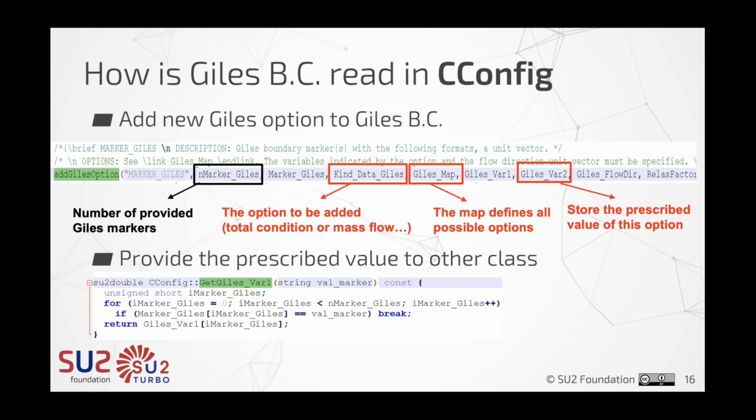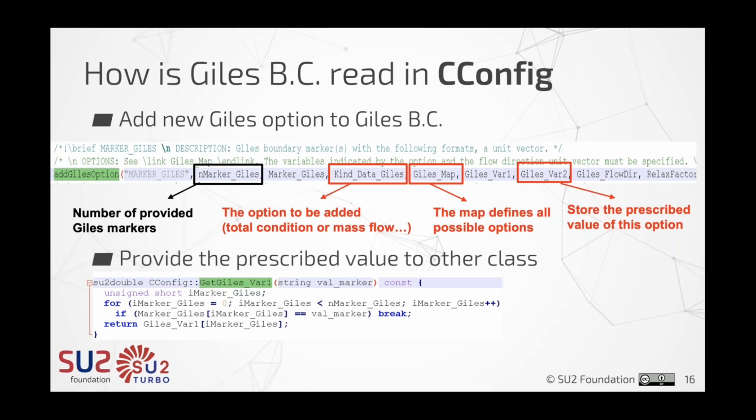We have the Giles map. This is what tells the config parser which map to look in for your options. So it will take the kind data Giles, look in the Giles map and try and match the option that you've given in the config to an existing option in the code. And then we have these Giles var1 and Giles var2, and these are the relative variables